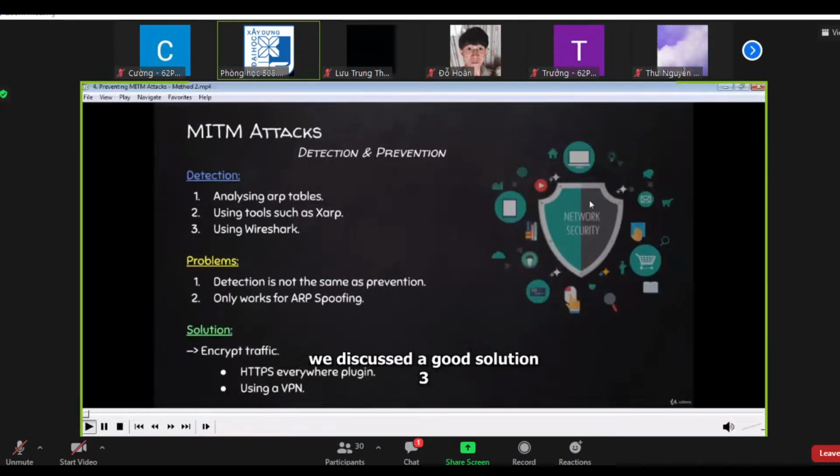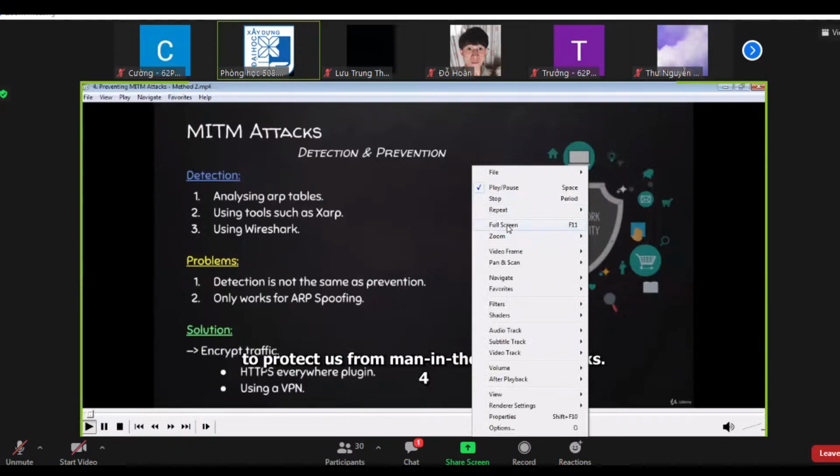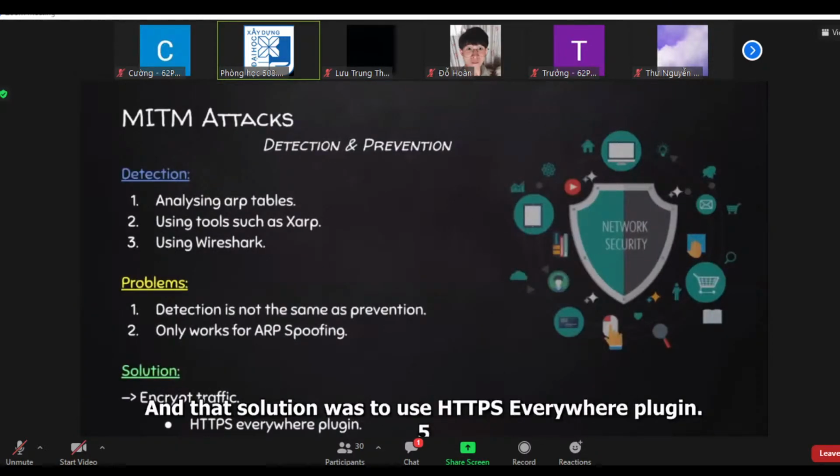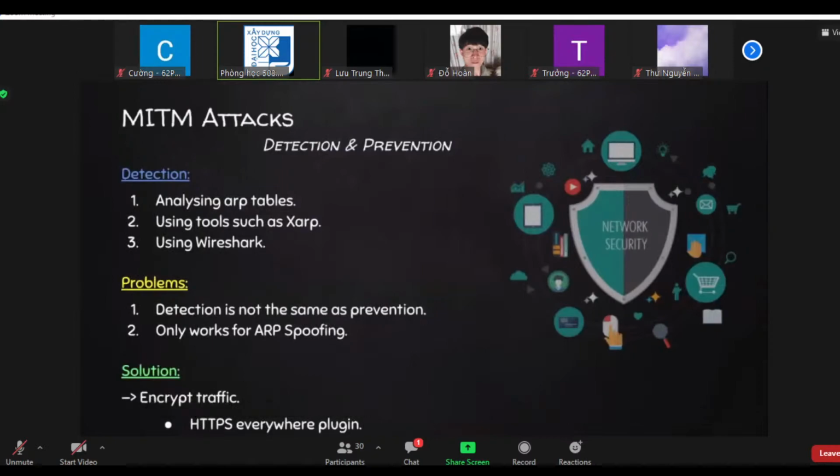In the previous lecture, we discussed a good solution to protect us from man in the middle attacks, and that solution was to use the HTTPS Everywhere plugin. With this plugin, as seen earlier, we were able to force all HTTPS websites